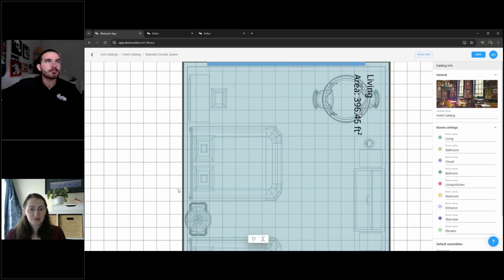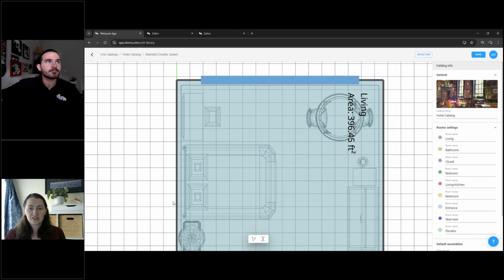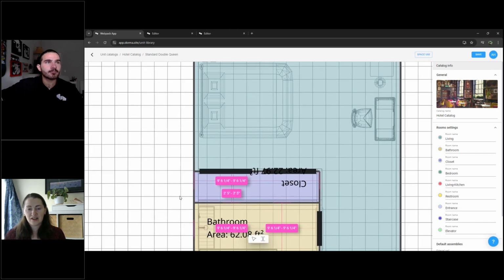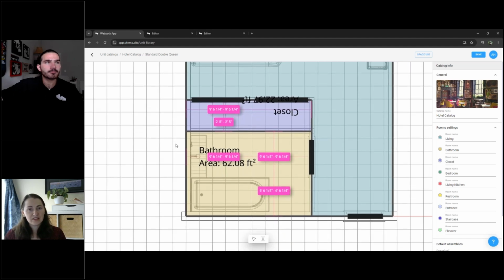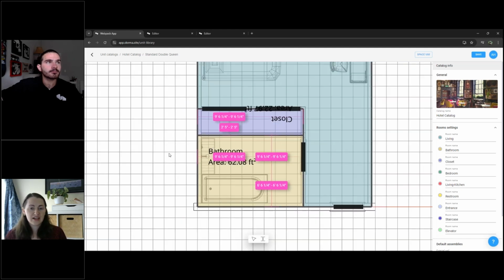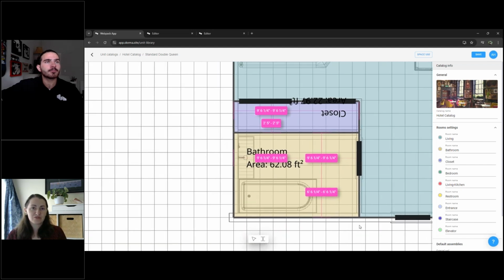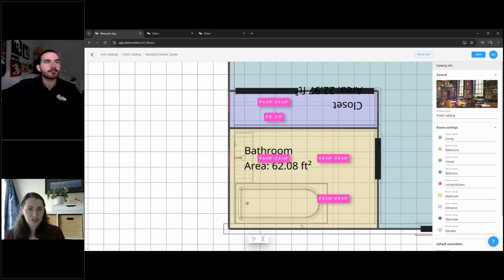So you'll see this is a double queen. It has all of the furniture, the nightstands, the desks, the window placement, finishes, etc. And the other very important thing about Schema is as you're creating your design catalog, you can set some of these dimension restrictions, limits, and rules that help inform how morphing works. So for example, if you have a bathroom pod that has to be a very explicit dimension, you can set those rules in so even as the unit flexes or morphs to new shapes, it won't change the dimension